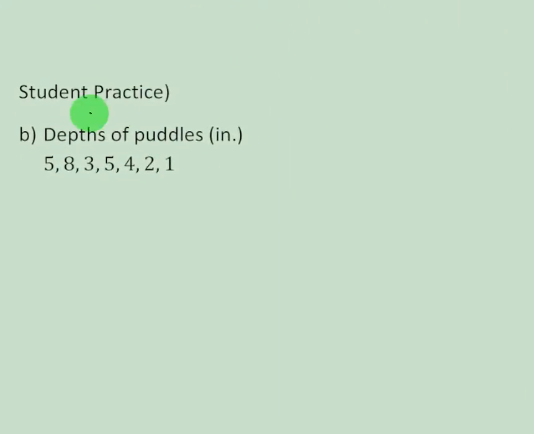This is actually a student practice problem, but because I'm not in the classroom, I want to make sure you understand how to get the correct answer. Again, to find the mean, that's all we're looking for. I need to add up all of these values. Let me write it again below: 5 plus 8 plus 3 plus 5 plus 4 plus 2 plus 1, and I divide this by